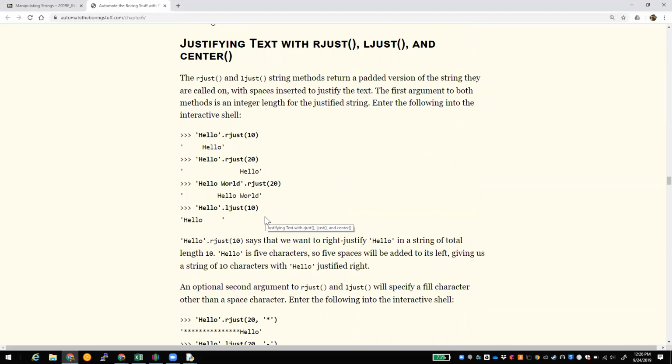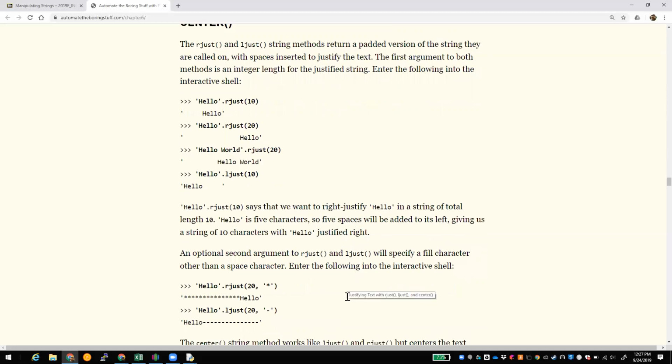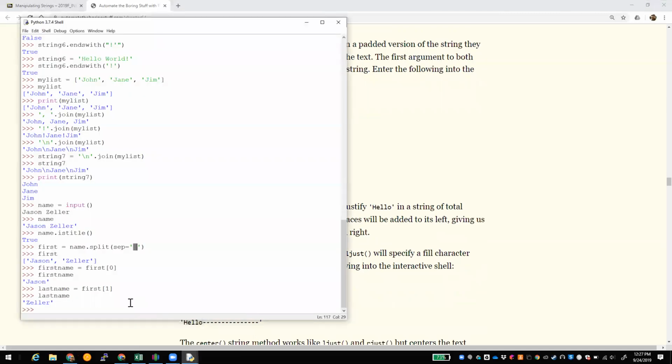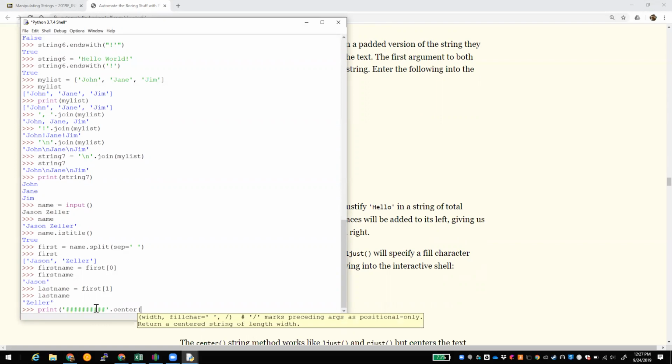You can do right justification, left justification, and center. So this is kind of handy if you're trying to format, say, a menu in your program or something like that. You can do justifications in there. So say I do something like print, I tell it to print 1, 2, 3, 4, 5, 6, 7, 8, 9, 10 hashtags, and I put my last quote in there and I tell it to dot center. And I want 5 spaces on each side of everything. So I tell it the width of the total